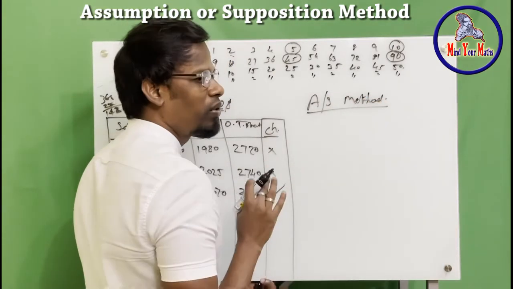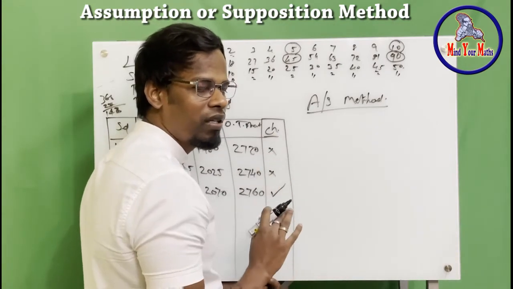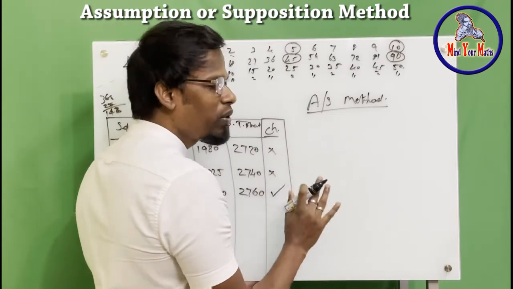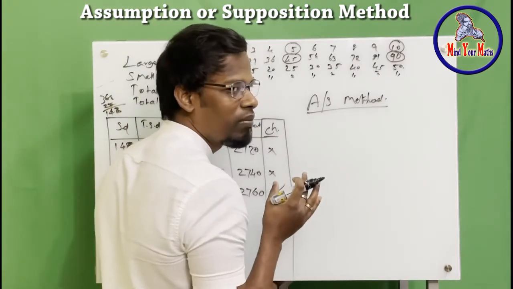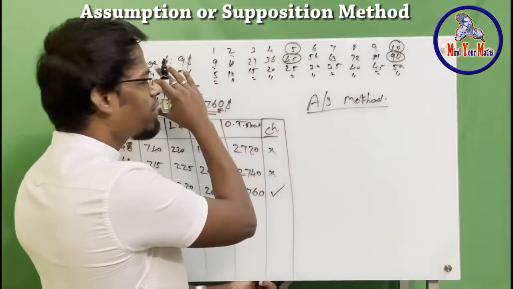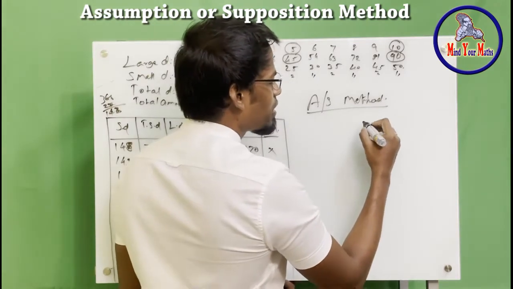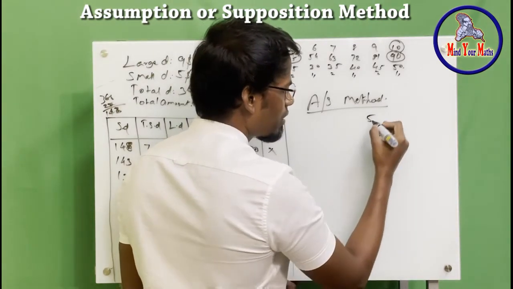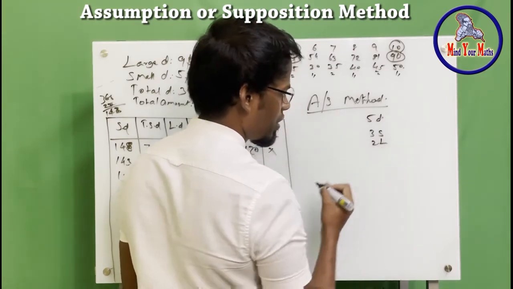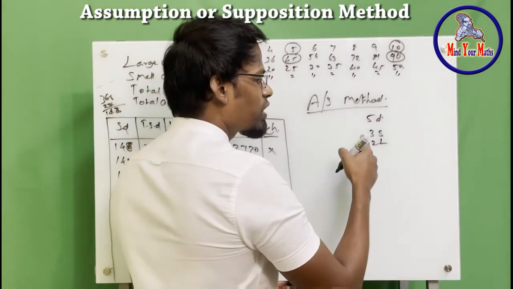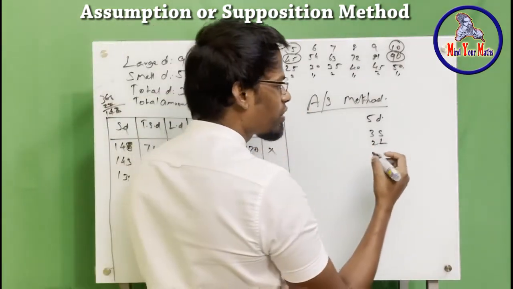So in this, what we are going to do is assume all the durians are large, or all the durians are small. To help you understand, I'm going to take a smaller number and calculate some values first. Let's say we have 5 durians, 3 are small and 2 are large. If you sold them at their actual prices, how much are you supposed to get?